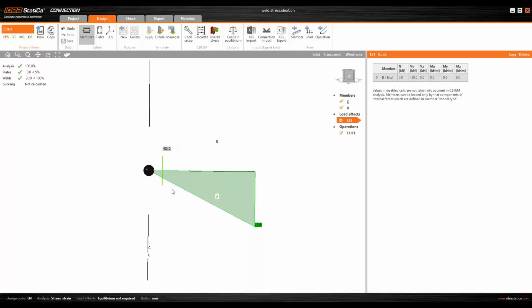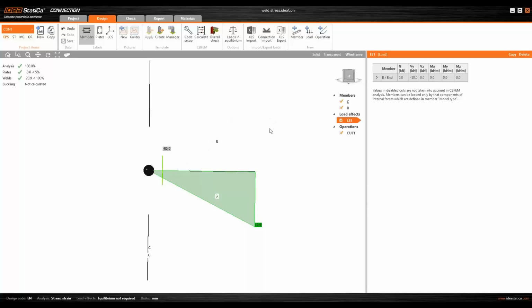But now we can see that at the spot of the weld, we have some bending moment, and this moment also